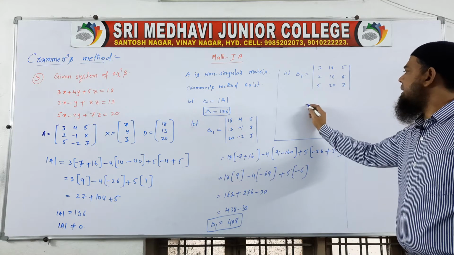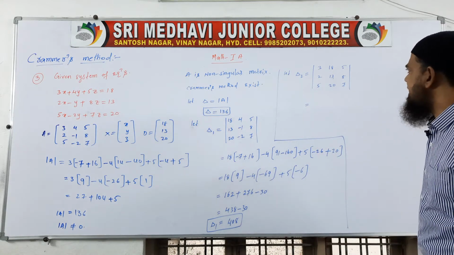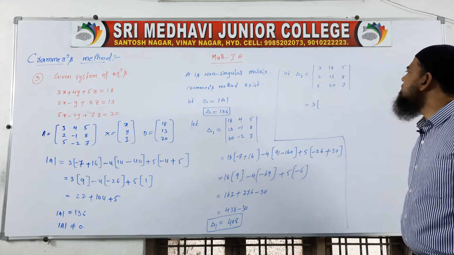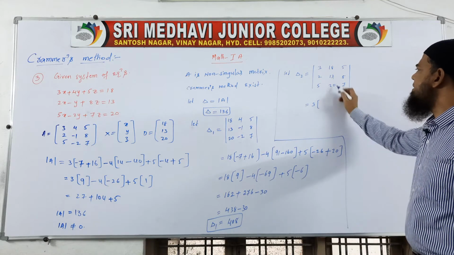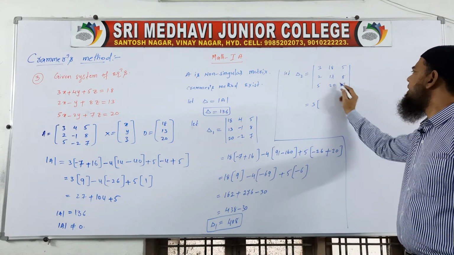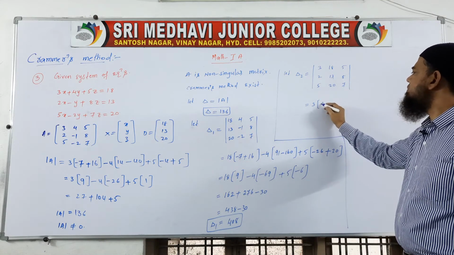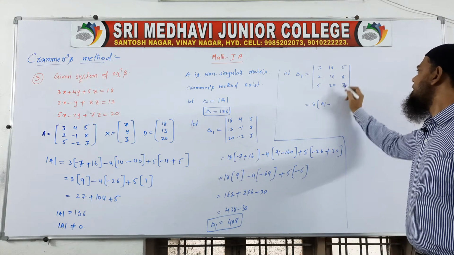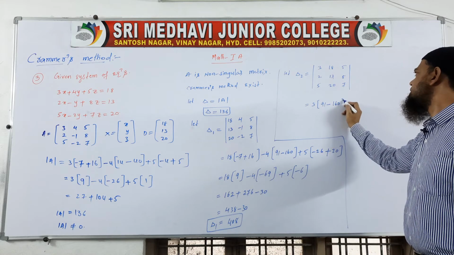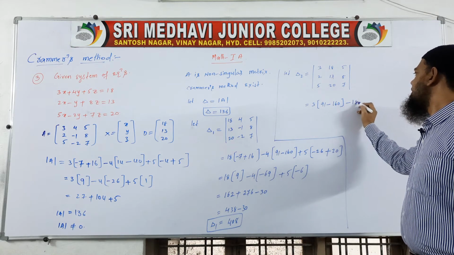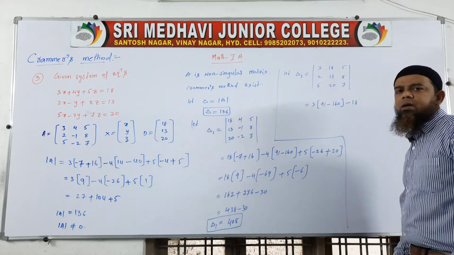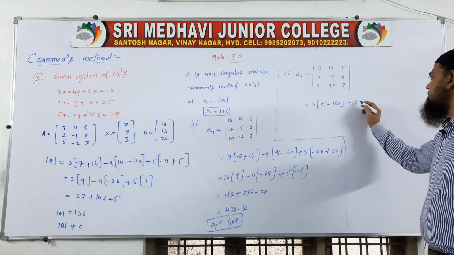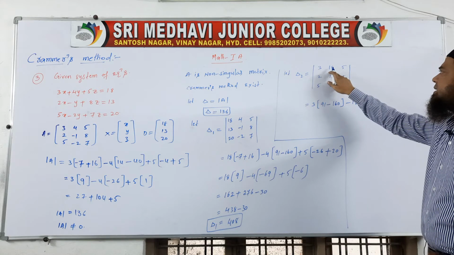Now we are doing determinant again. So 3 into, do the calculation here again, AD minus BC. 13 sevens are 91 minus 20 into 8, 160. For middle number, 18 is the middle number. For 18, what we have to take? Plus is there, we have to take minus. Minus 18. Minus 18 I have taken.